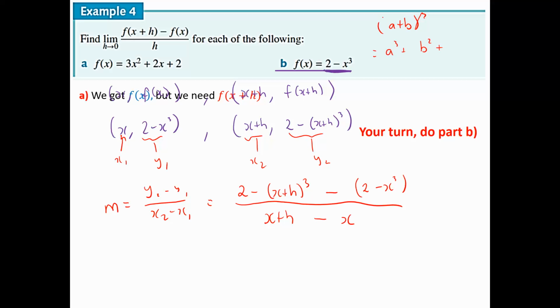Yeah. I'll write it down. Look. Equals a cubed plus, it becomes then 3a squared b plus 3ab squared plus